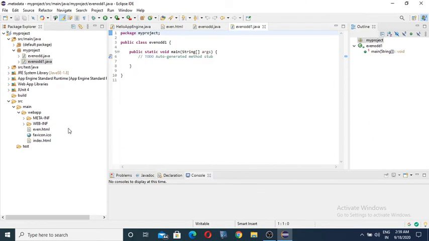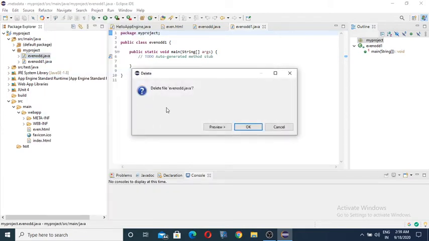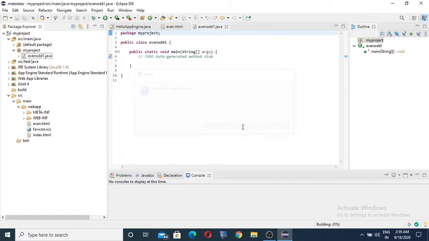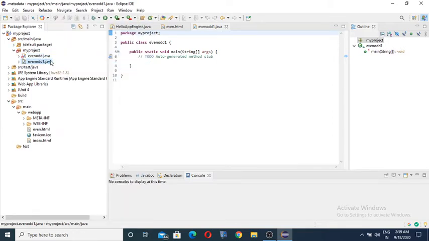Okay, in that one I can now delete this. Now I can paste here the even one dot java Notepad program. Here the cross marks will appear, and they will be gone.